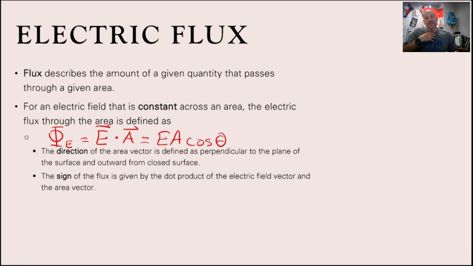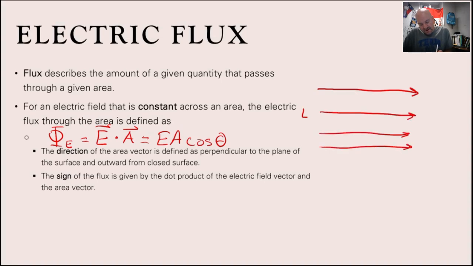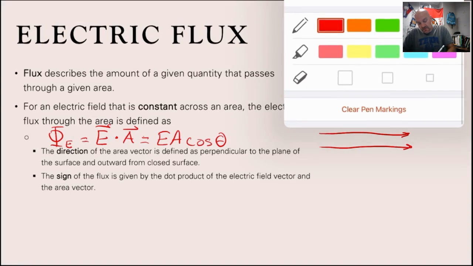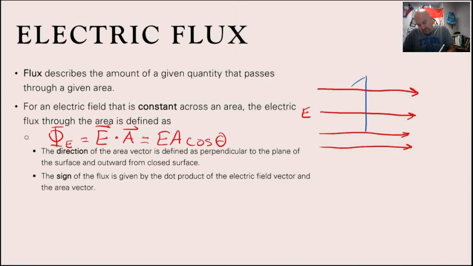E is the amount of electric field, A is the area that is passing through, and theta is the angle that the area has, if it's at an angle. So what happens is if I have an electric field of magnitude E, and I have this area that it's passing through,